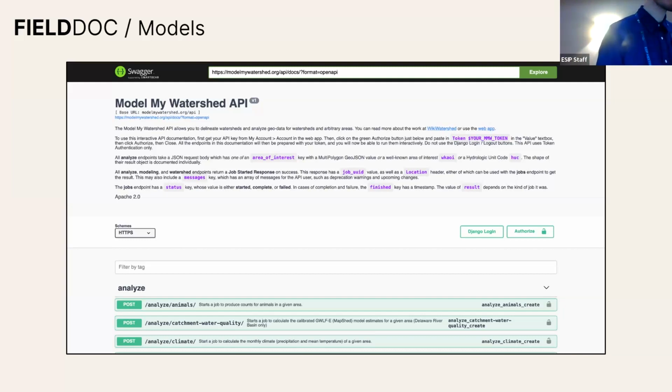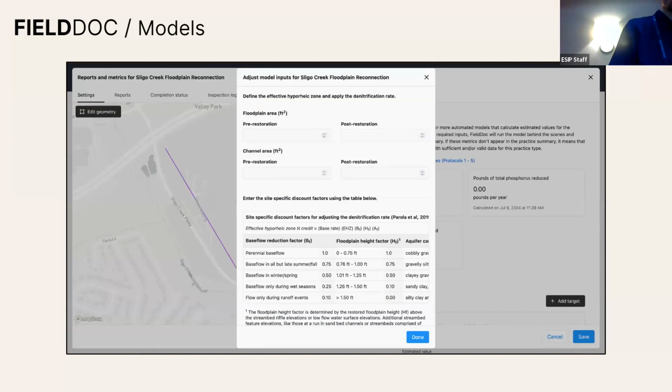But there's a lot of great research being done, and a lot of models that are developed in academic settings that would be highly beneficial to people, implementers on the ground. So there is a real need and a lot of potential in jailbreaking some of these models from their current homes and making them accessible. What we try to do is end up with a standard interface that users can build familiarity with without having to have a lot of background knowledge on any specific model.